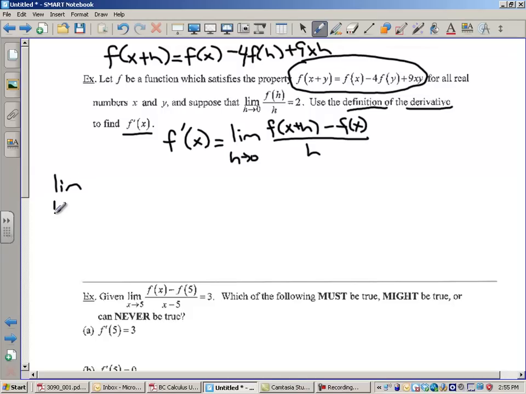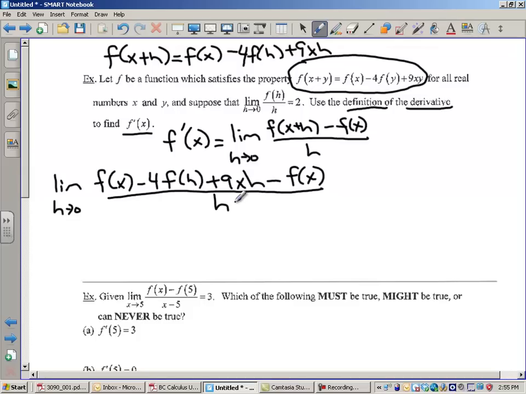The limit as h approaches 0 of, I'm going to do f of x plus h first, f of x minus 4f of h plus 9xh. Using this formula that they gave me, I've calculated f of x plus h. I still have to do minus f of x, and this is all divided by h. Now at this point, we have to do some algebra. We'll notice that f of x here, which I don't even know what that is, cancels with this f of x here. And I get the limit as h approaches 0 of negative 4 f of h plus 9xh all